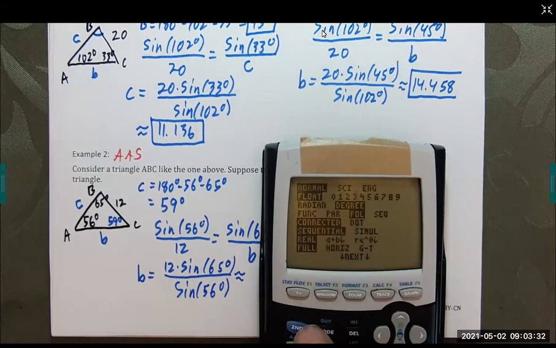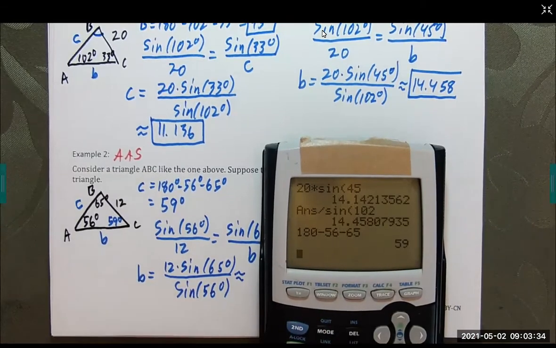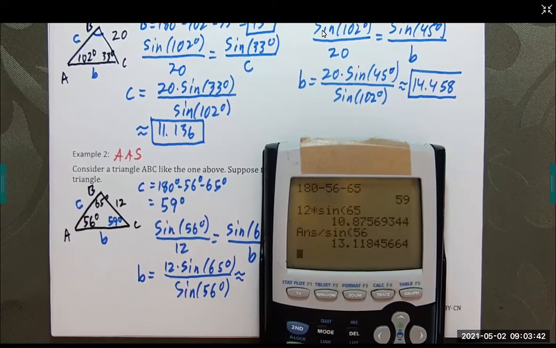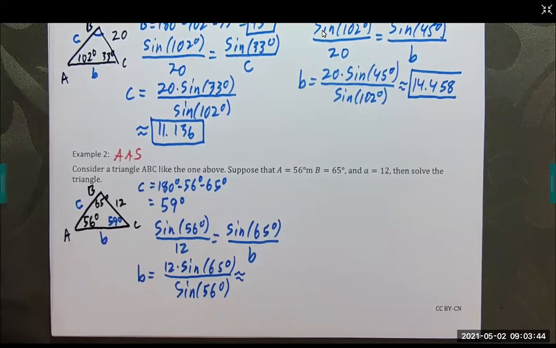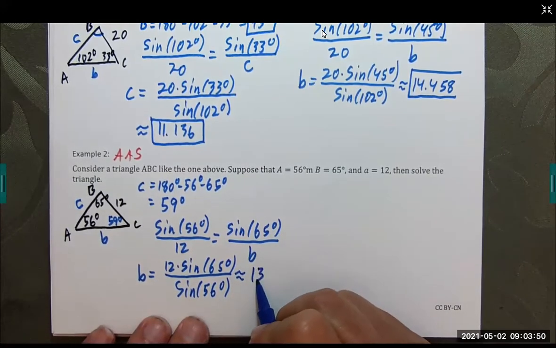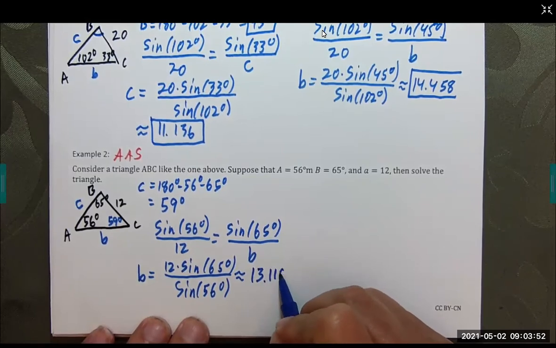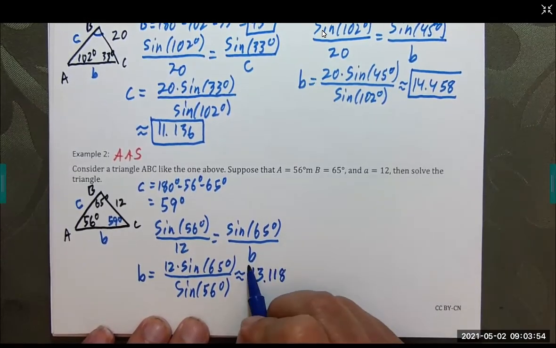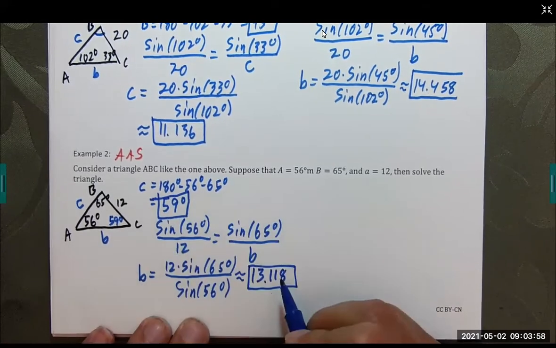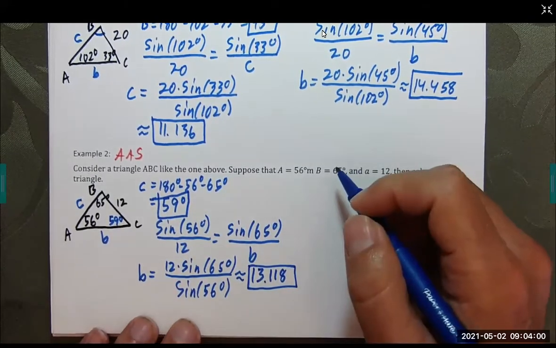Degree mode, 12 times the sine of 65 divided by the sine of 56. Looks like we're getting 13.118. Oh, here's our first answer. Second answer is here. And now for the missing side